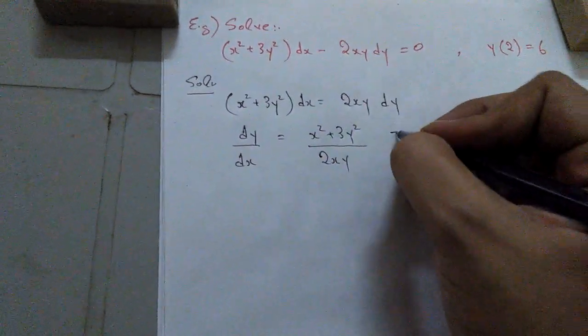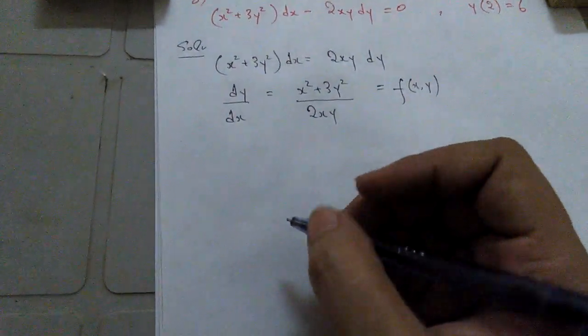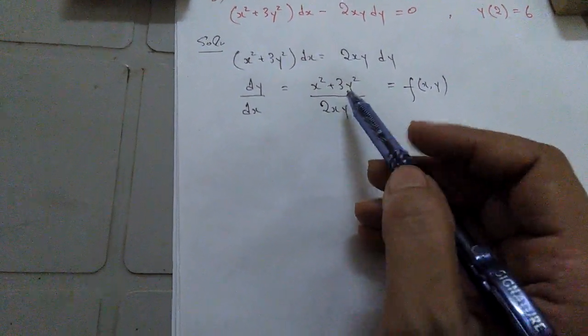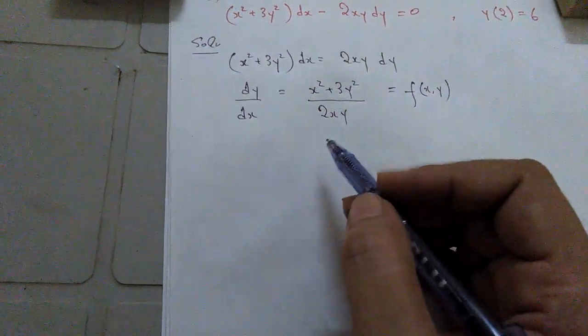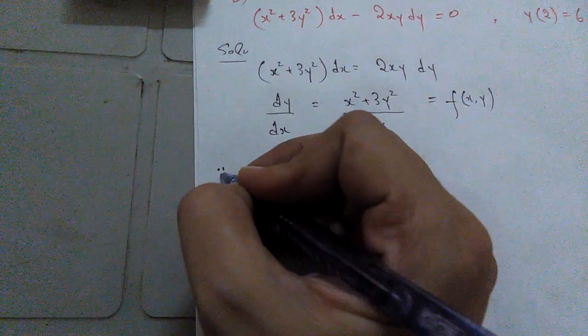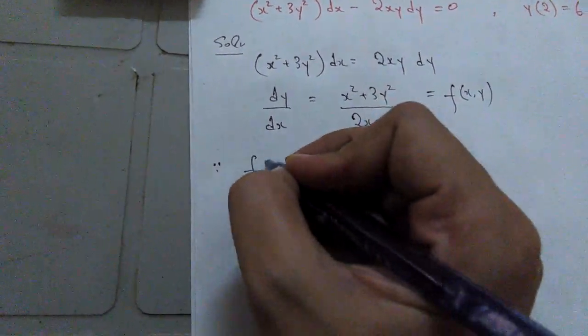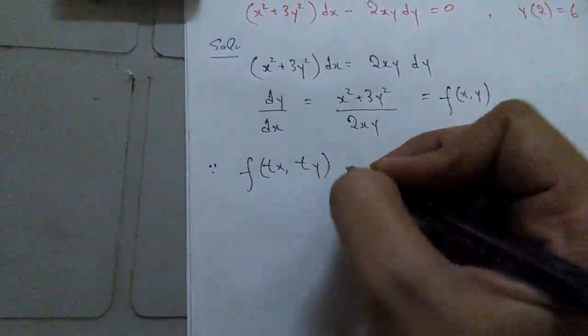Okay, and this function, of course, this is your f of x, y. We'll try to just check this thing, though it is quite visible that it is a homogeneous equation of degree 1, but I must show it to you. So if I just replace my x with t of x and y with t of y,